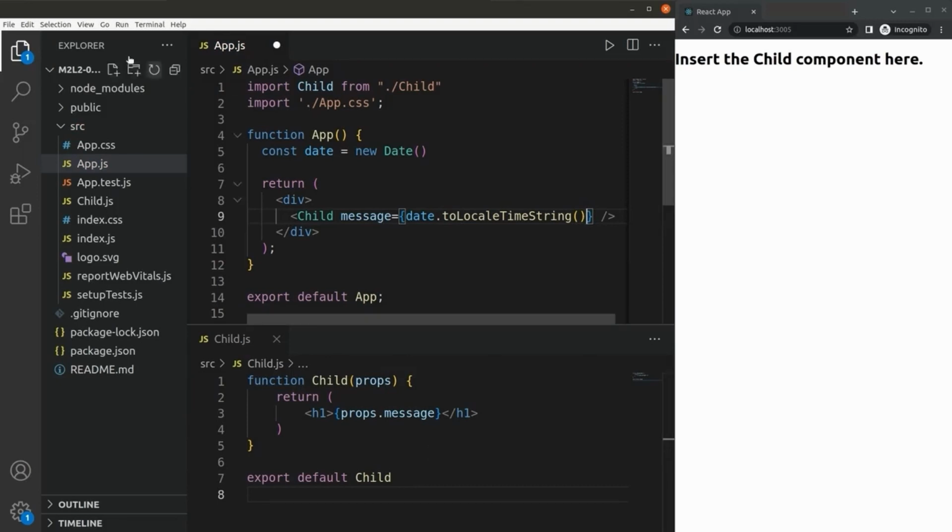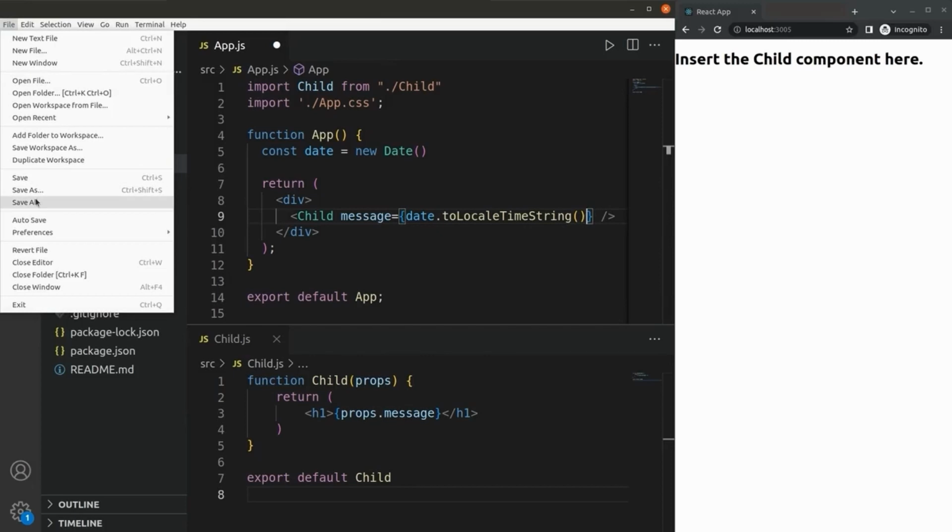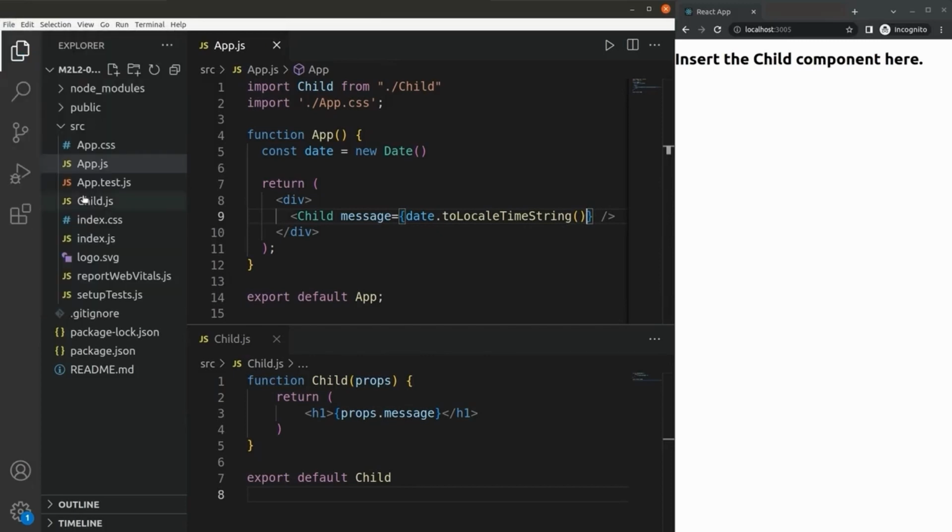Now, when I run the app, the state of the app component flows its data down to the child component props, and the h1 element will display the current date and time. Well done. You have now learned how children and data flows in React.js, and you should also be able to showcase the use of stateless and stateful examples by focusing on data flow. By now, you've probably already learned about some important and useful core concepts in React. At this point, you're ready to learn how to add